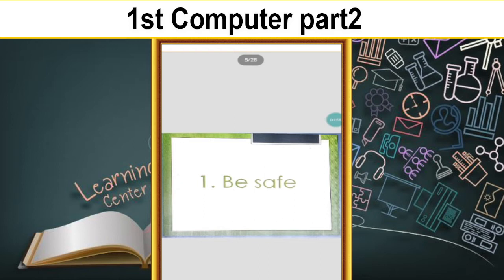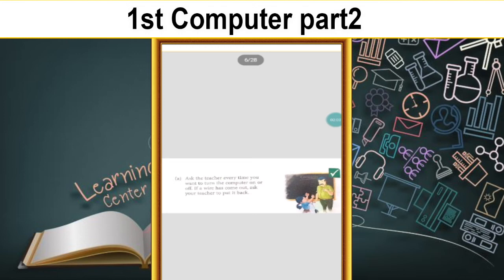Do not touch any wires in the lab. First of all, ask the teacher every time you want to turn the computer on or off. If a wire has come out, ask your teacher to put it back.